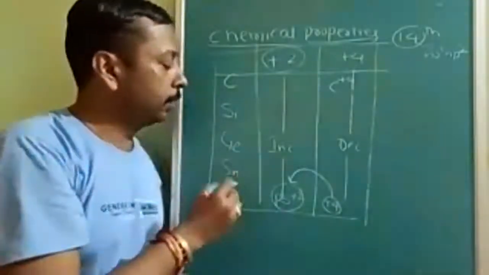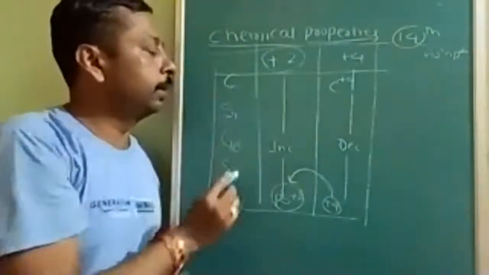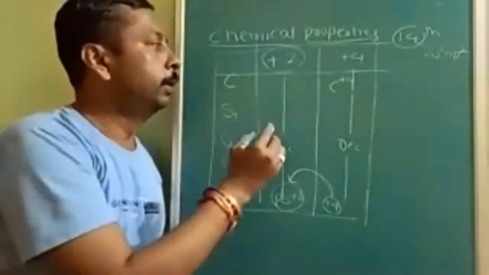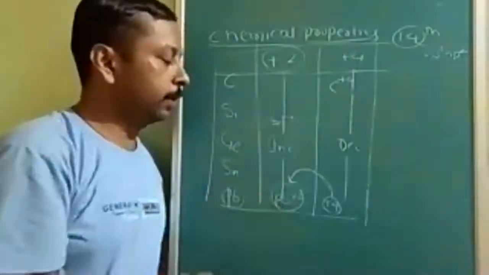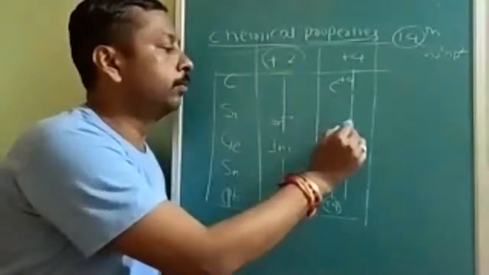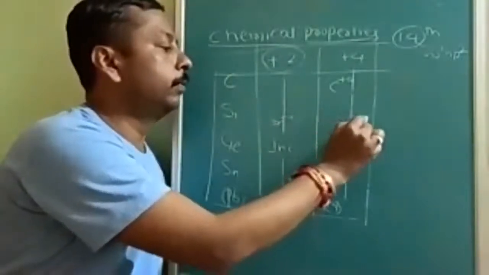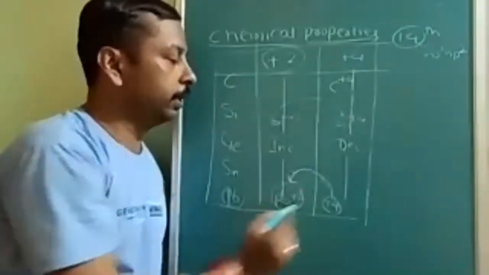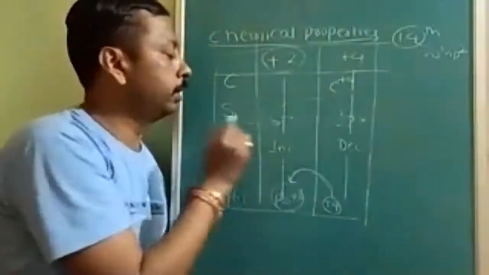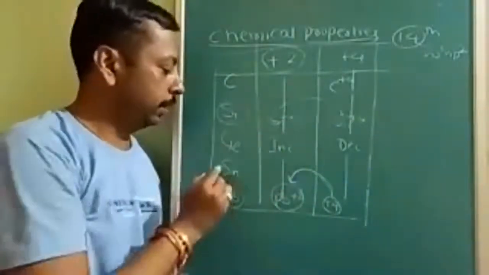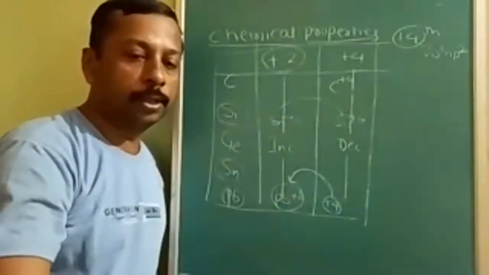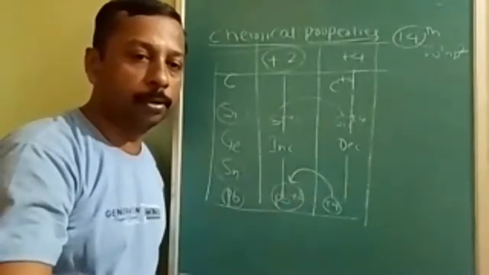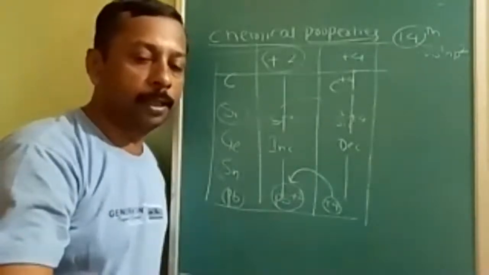Carbon does not have much tendency to form plus 2. Let us take silicon plus 2 and lead plus 2. Silicon has more tendency to convert into plus 4 than lead, so it undergoes oxidation. It is a better reducing agent. SnCl2 is used like that, as a reducing agent. It shows both reducing and oxidizing properties, so the inert pair effect is found useful.